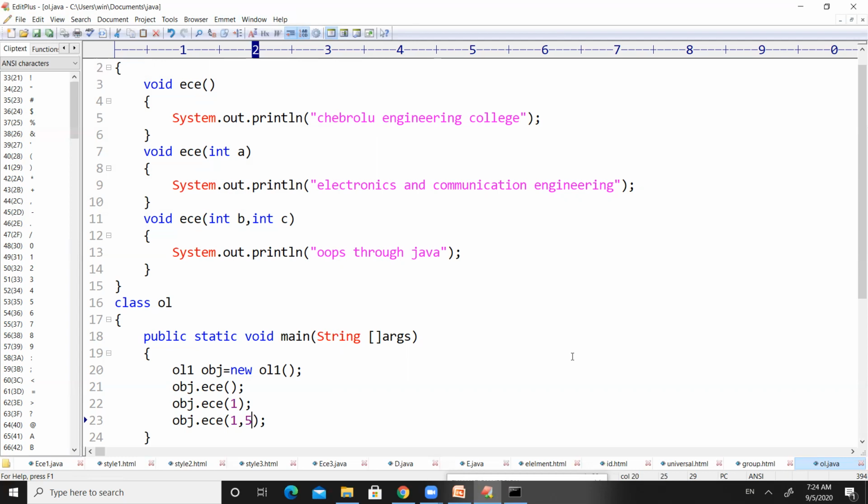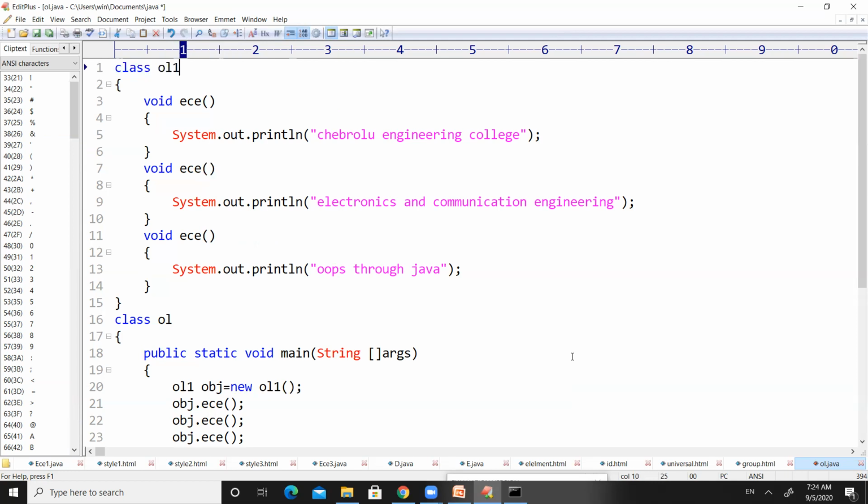Now let us deal with the second difference, that is, the type of parameters. Here we are going to show the difference in terms of type of parameters.